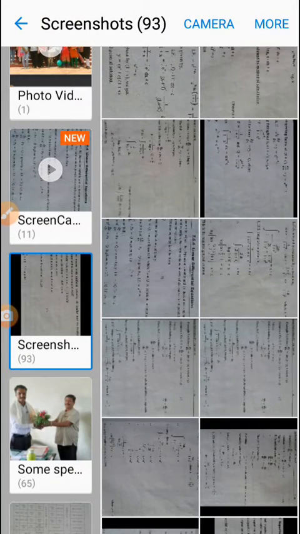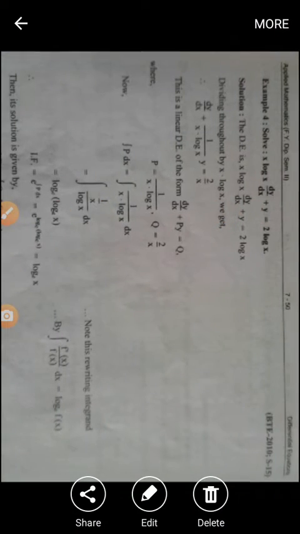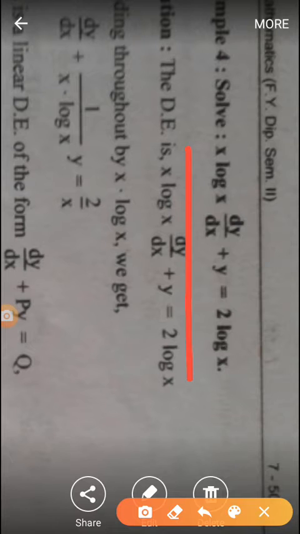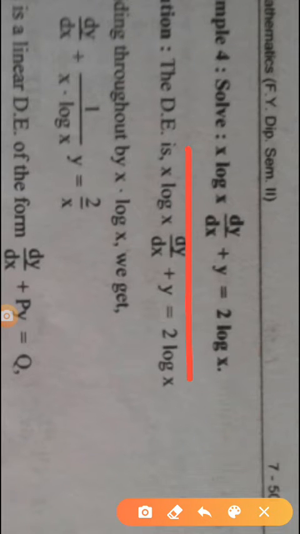Now we will study another example: solve the given differential equation x log x dy/dx + y = 2 log x. Write down the given differential equation as equation number 1, and first divide throughout on both sides. By which term? Obviously the coefficient of dy/dx, that is x log x. So dividing on both sides by x log x in equation 1,